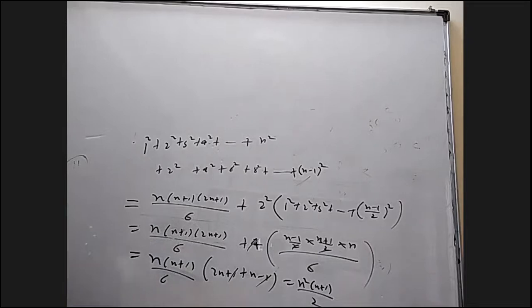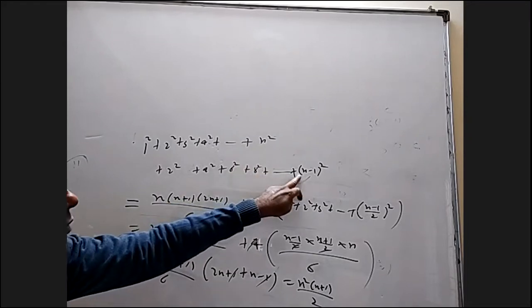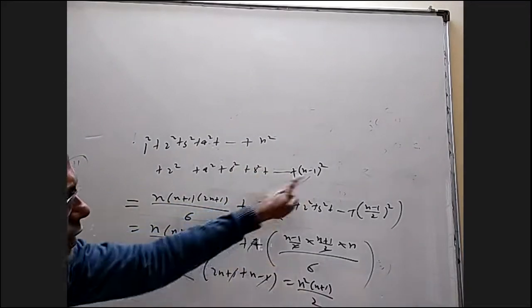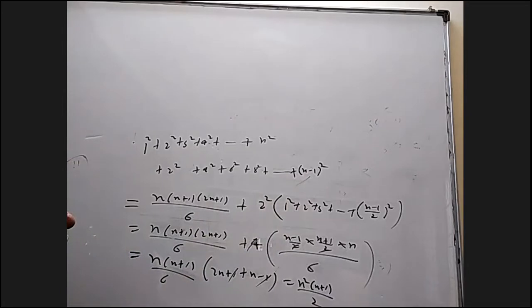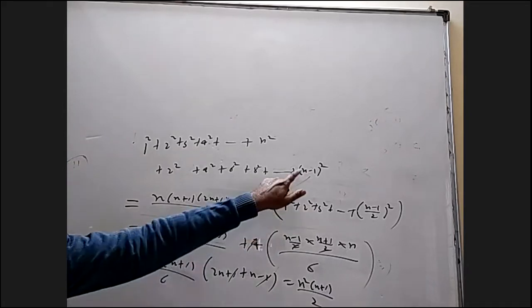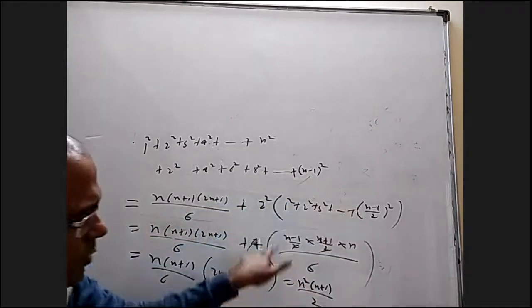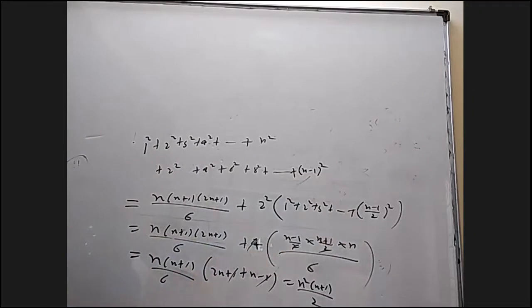Okay. This is one way. When n is even also I can do, but when n is even, the last term here will be n square itself, where this answer will change, and accordingly this also will change. Not n square. Here n square, here n by 4 will come, a slightly different expression will come, which is the given one. But there's another way to do it.